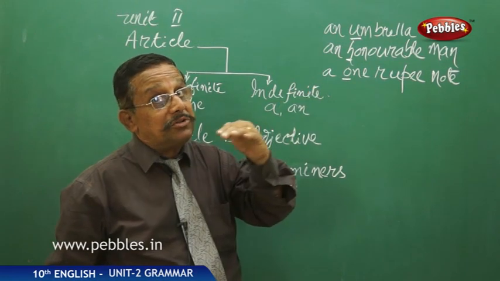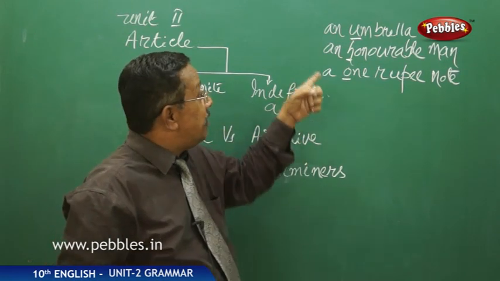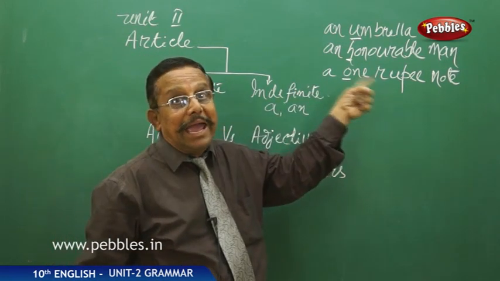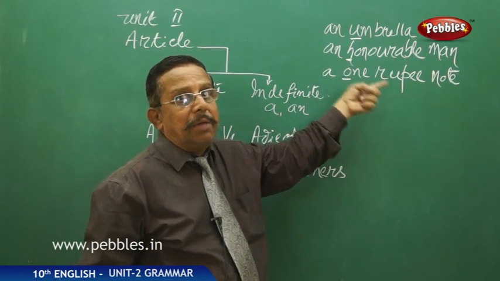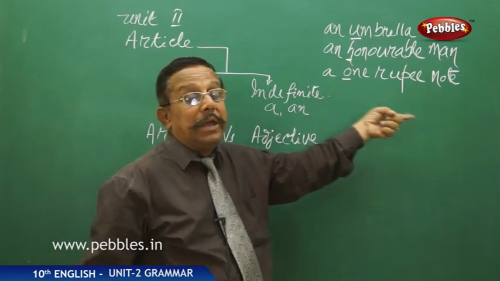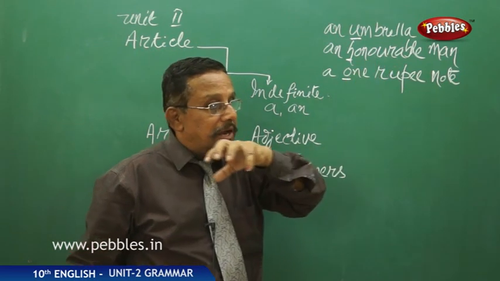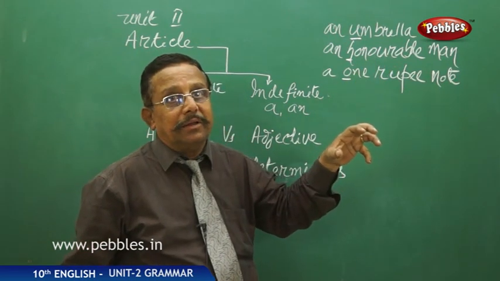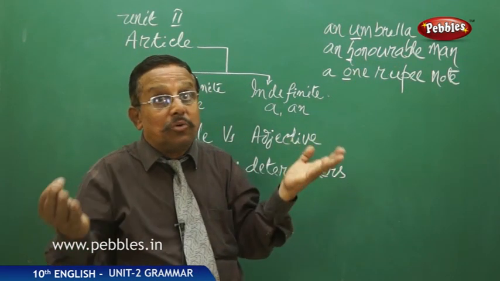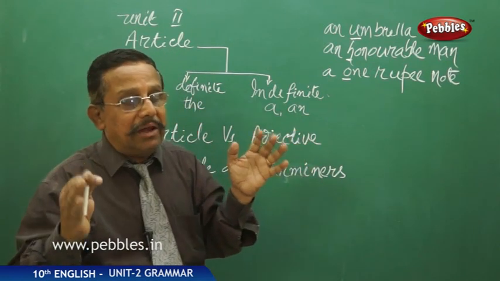Nirma, free flows namak. Right? Likewise, it should be free flow. An honorable man, an umbrella, a 1 rupee note. There is no stoppage, you see, it is flowing. That is a test for you. It is not a rule, it is a test.